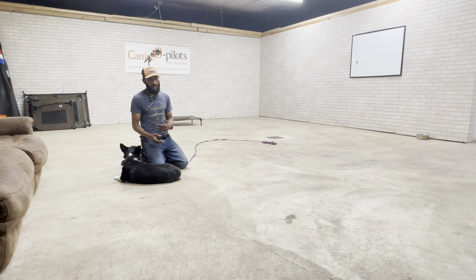So right now we're doing the conditioning phase with the e-collar, and she's just starting to put together that the feeling that she feels when she feels me tapping on her, that it's coming from me. And pretty soon we're going to do a recall that way. So as soon as she feels it, she's going to be like, oh, eureka, Jeff is calling me to get food, right? If you guys ever remember Pavlov's bell, he rang the bell, fed the dog,